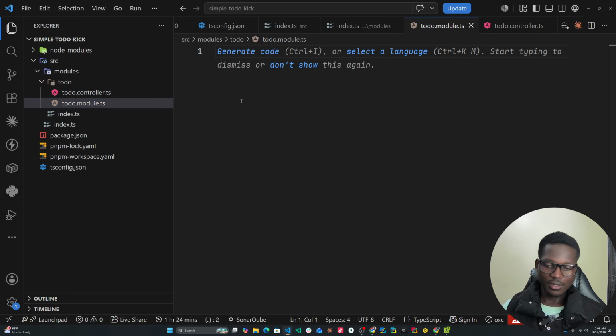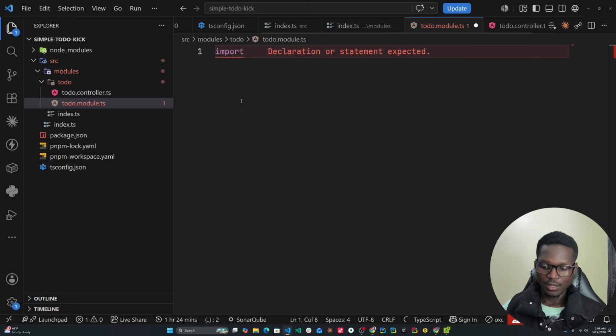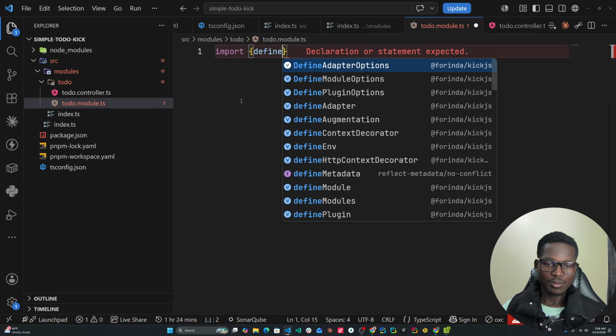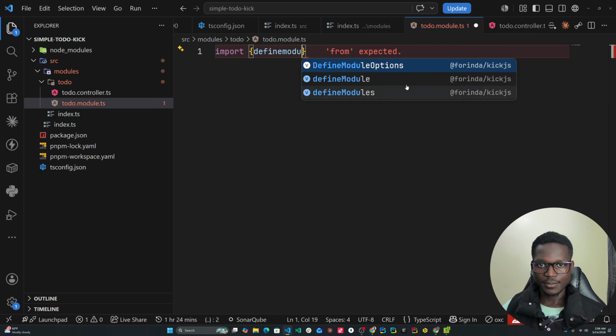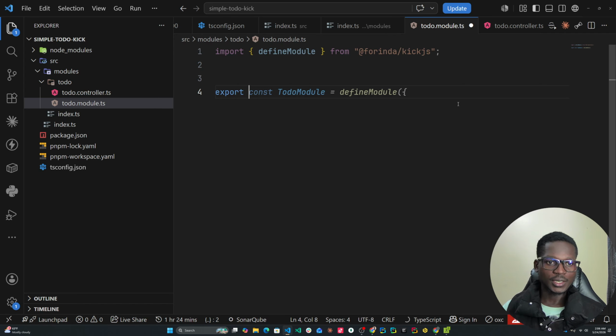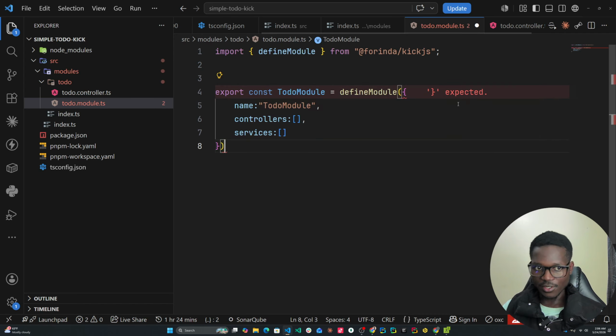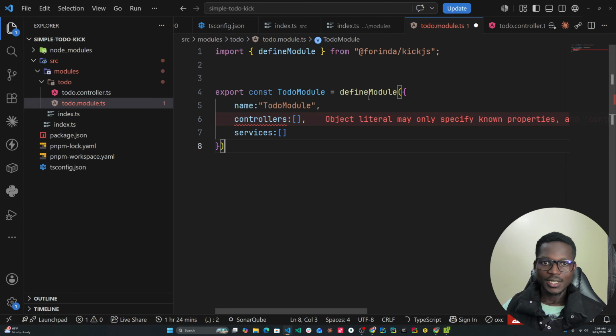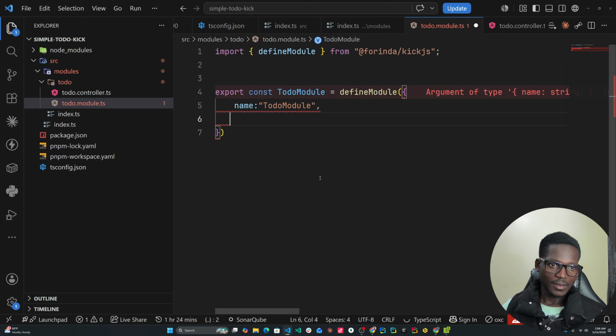So in the module, we'll import defineModule from KickJS. So export const todoModule, which will be defineModule. The name will be todoModule. So in here, we'll have our